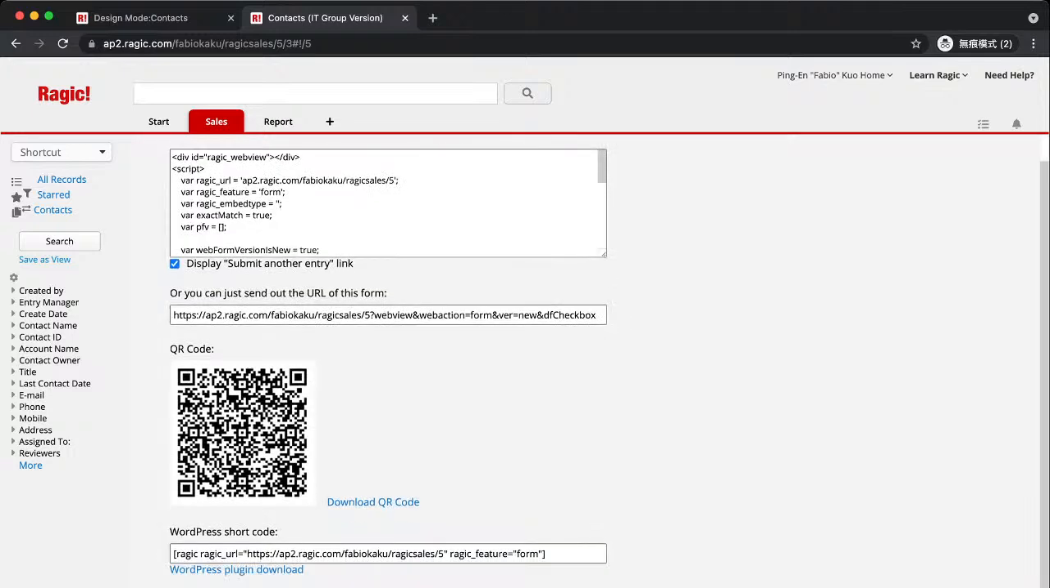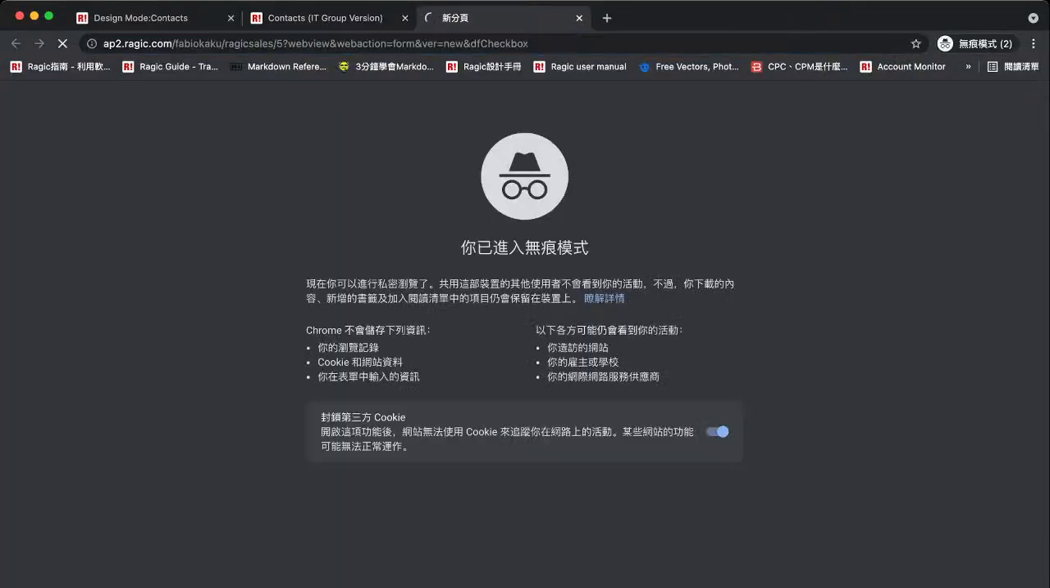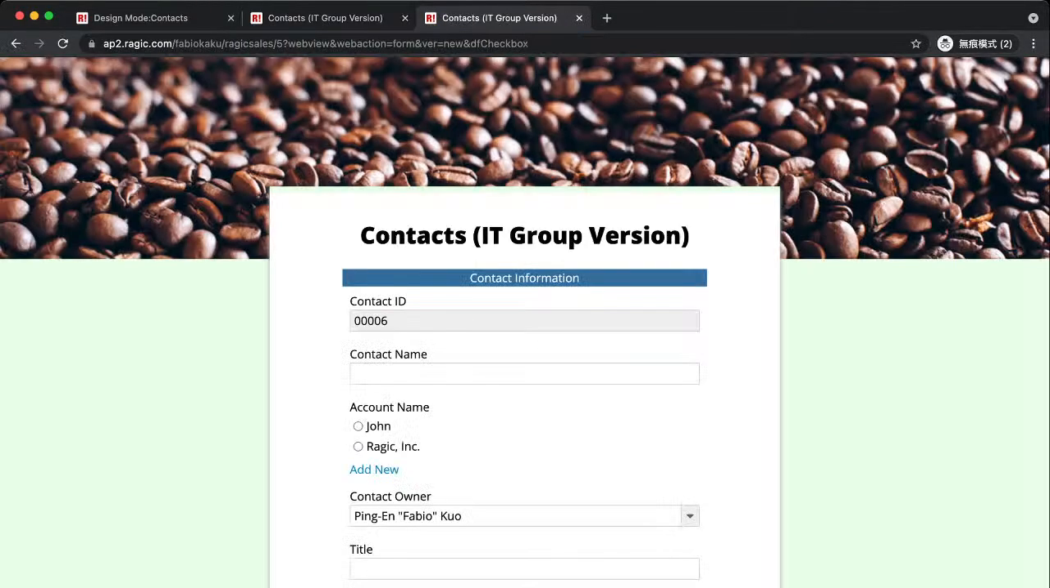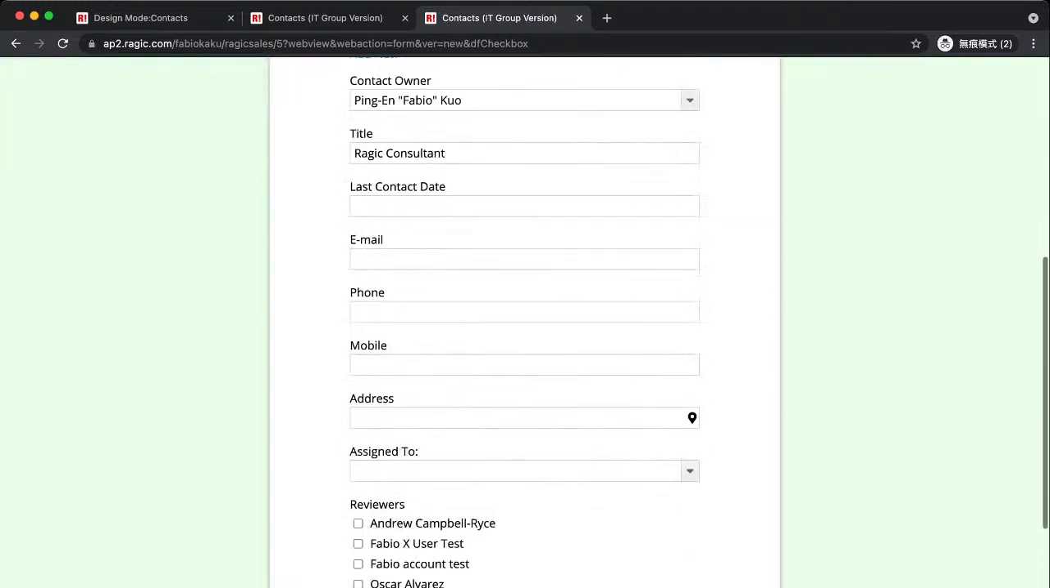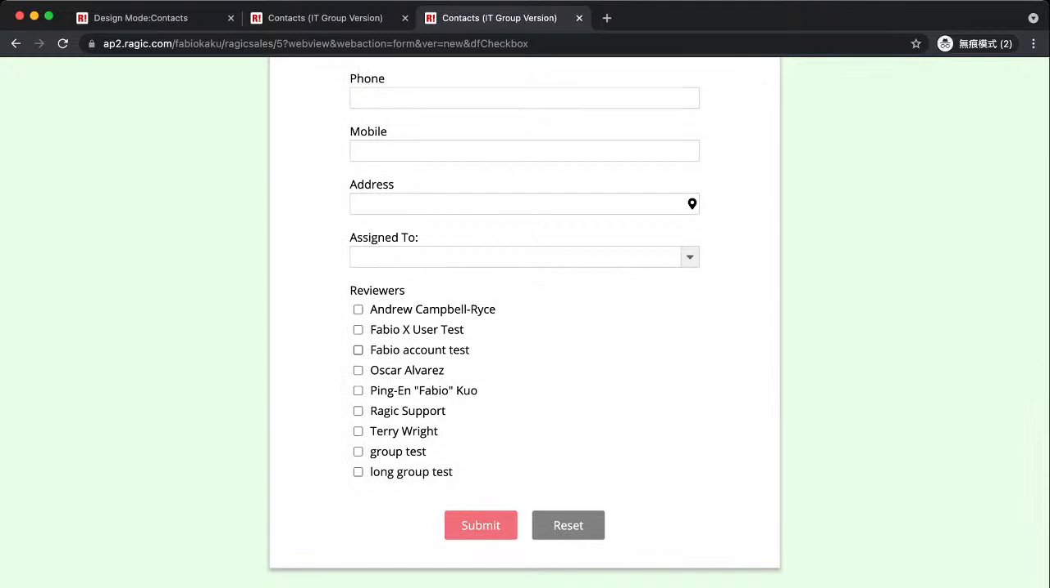And after that's done, let's just check how the form will look. So it has applied the settings I've just applied, and I'm just going to say Fabio Quo, title Ragic, account name John, and so on. I'm just going to skip this. And when I submit,